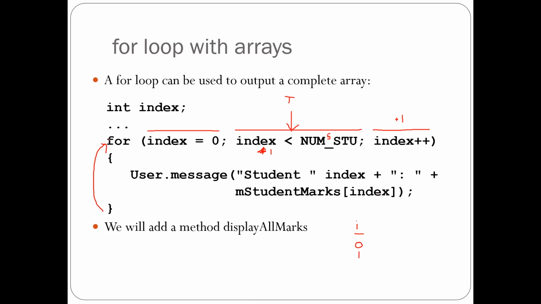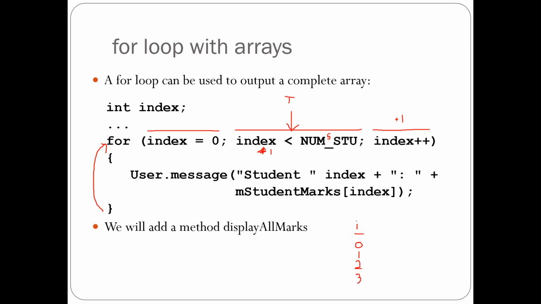We go around and we increment again, so the value of index changes to 2 because we add 1 onto it. 2 is less than 5, so we say student 2 and the value of the array at position 2. We go around again, we add 1 on,